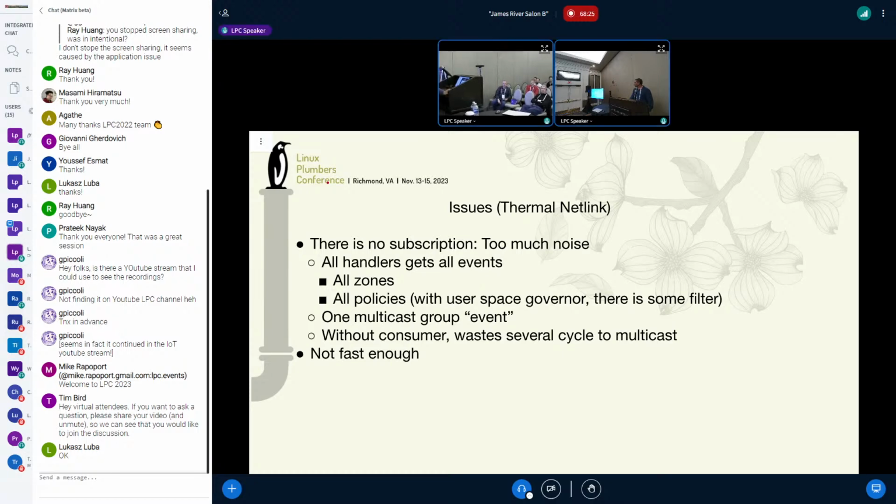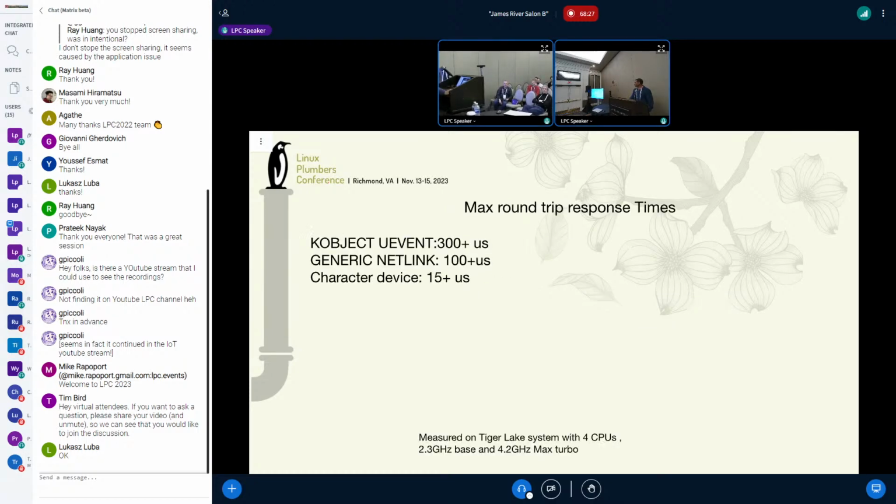Yeah, and it's good, but it still has issues here. So I have some numbers. For us, notification is not just for display or debugging; it takes action. So with kobject event, to take action on one of our systems in an experiment, you can see at max 20 microseconds later the response comes in, because there is always some overhead. Generic Netlink reduced it by a third, so now it takes 100 microseconds. But still, you have a 100 microsecond delay after you say you got an error. So you got an interrupt, and after 100 microseconds you will take some action.